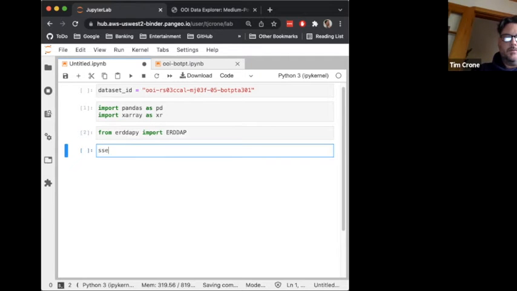And we can say that we want the server to be http://erddap.dataexplorer.oceanobservatories.org/